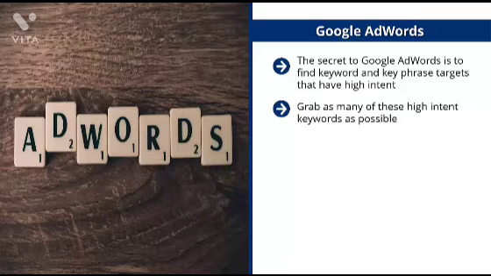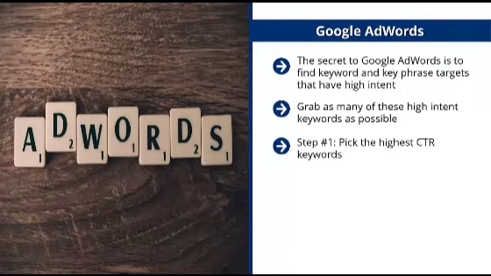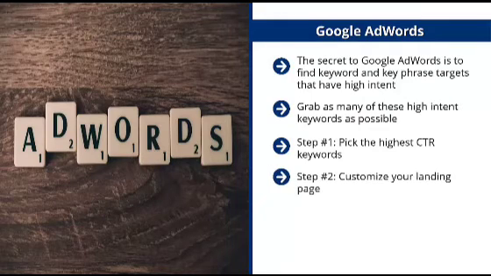Make sure your AdWords and analytics accounts are linked. This should be enough to help you track which keywords produce the most clicks to your landing page. After this point, you're going to run conversion tests. Step number 1, pick the highest CTR keywords. Step number 2, customize your landing page. Keep changing your landing page so it converts at an optimal rate. Create completely different landing pages and use them for all the keywords that are working. Let the test run for a week or 2.